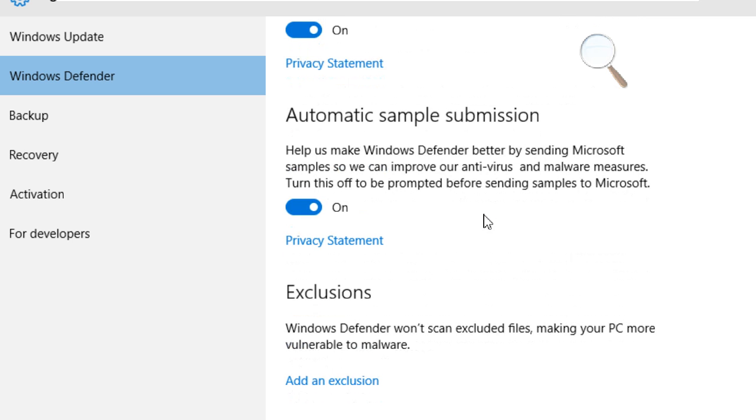Automatic sample submission: whenever Windows Defender finds any new malware, or miscellaneous stuff it has a doubt about, it will scan it, take a sample and send it to Microsoft. Microsoft gets different kinds of samples. They check whether it is a new virus or malware, and they build new definitions for it.